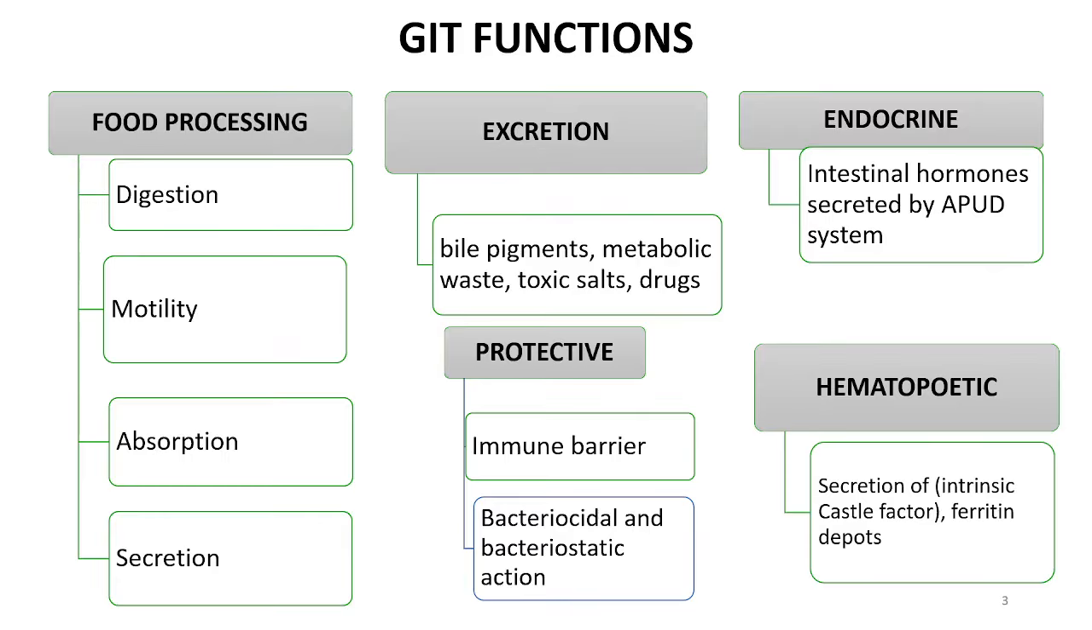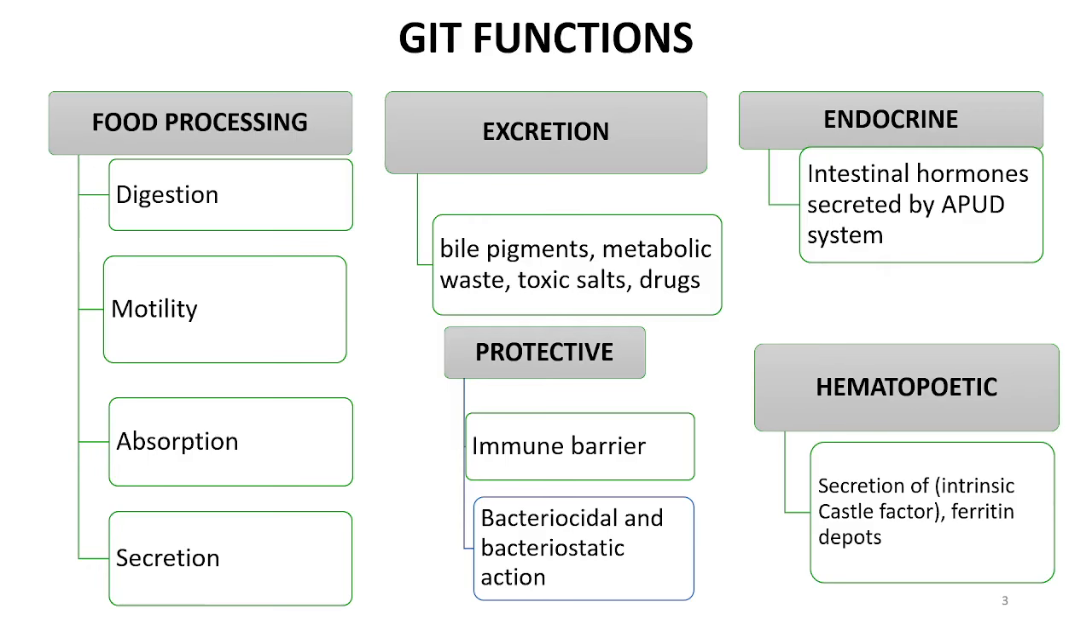So there are 5 major functions that we are talking about, and first of all is of course food processing, since we are dealing with gastrointestinal tract. Then excretion of metabolic waste, protective functions, endocrine function, and hematopoietic function. So food processing consists of 4 major mechanisms involved. So this is digestion of food with the help of enzymes, then a motor function of gastrointestinal tract, which is